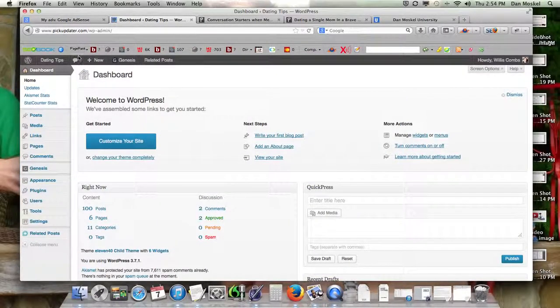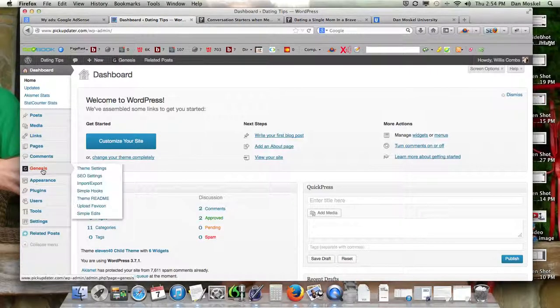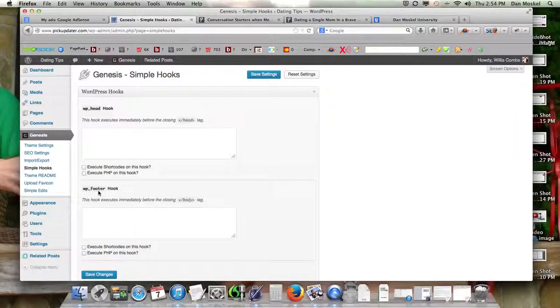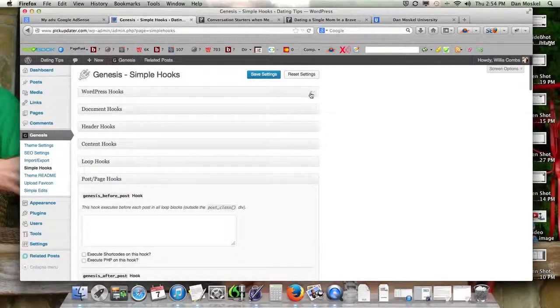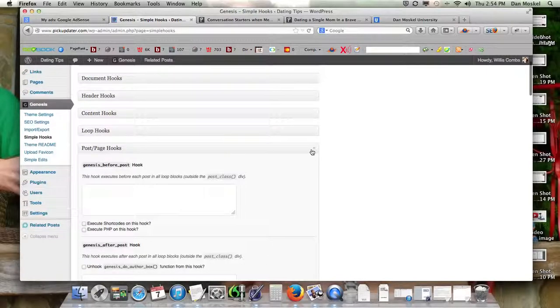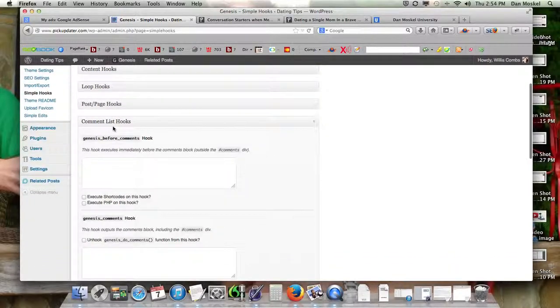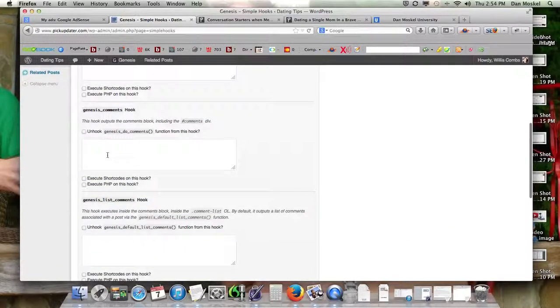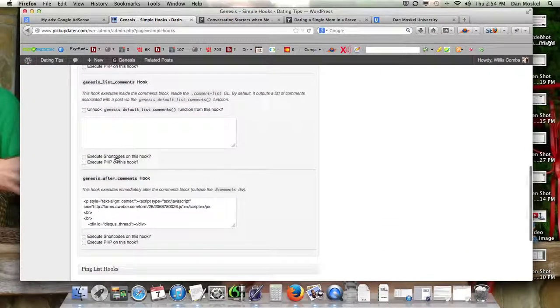Now we're going to go over to our WordPress interface, and like I said, we're going to use the simple hooks to add it. With simple hooks, we'll probably need to center it, but let's go ahead and just see how it looks first. We're going to go down to the comment area. This is probably the best place. So we are going to just click the ZZZZZ, and just to get an idea of where this would show up,